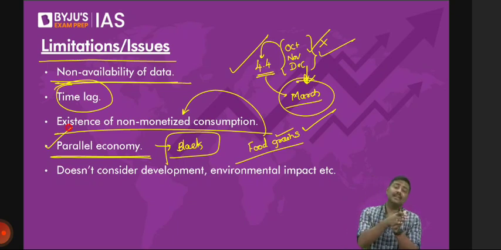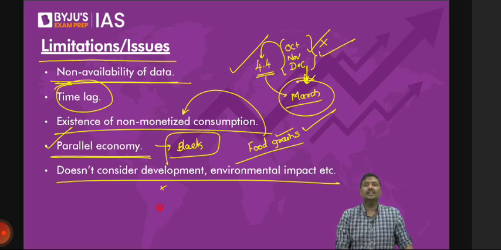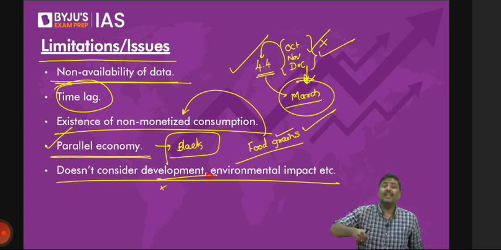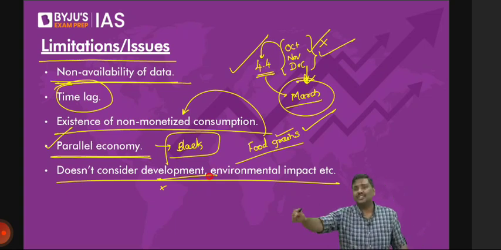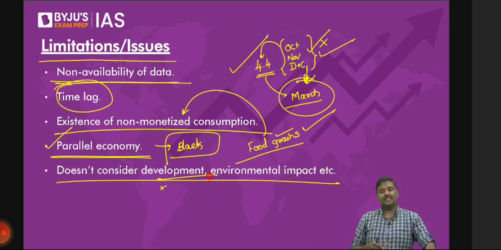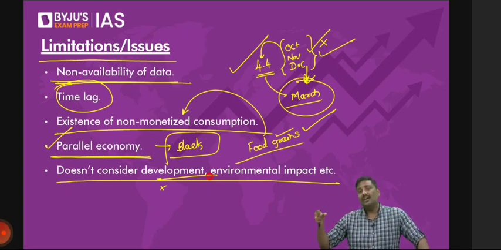Okay. And finally, whenever you talk about GDP, GNP, etc., we do not consider what is the impact of this on environment. We do not consider what is happening regarding, let's say, poor people in India, or what is happening to children in India. We don't get all of that information using the GDP. Is it okay? So these are some of the limitations or issues. Third point, I'll repeat it again. In certain parts of Indian economy, rather than paying money for goods or services, something else is paid.